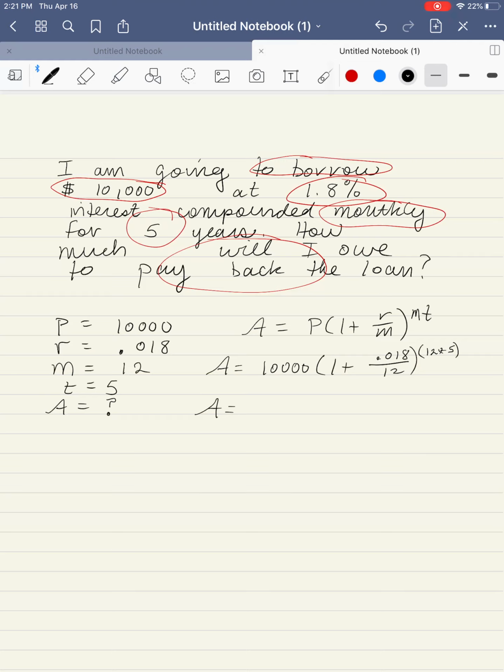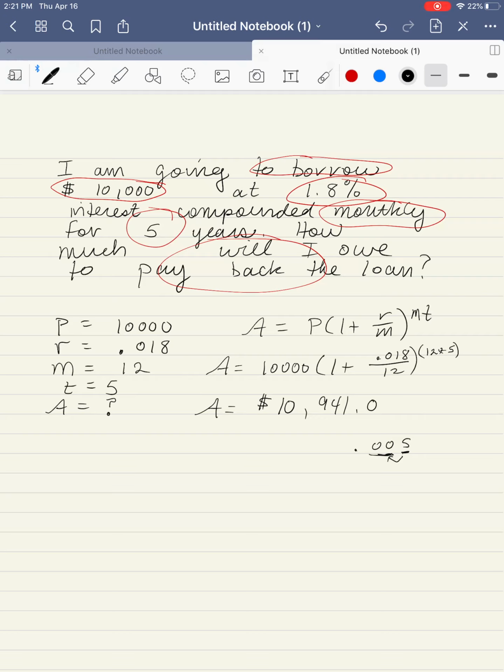I plug that into my calculator all at once. 10,000, open parenthesis, 1 plus 0.018 divided by 12, close parenthesis, caret, open parenthesis, 12 times 5, close parenthesis, enter, and I have that I will owe $10,941, and I have